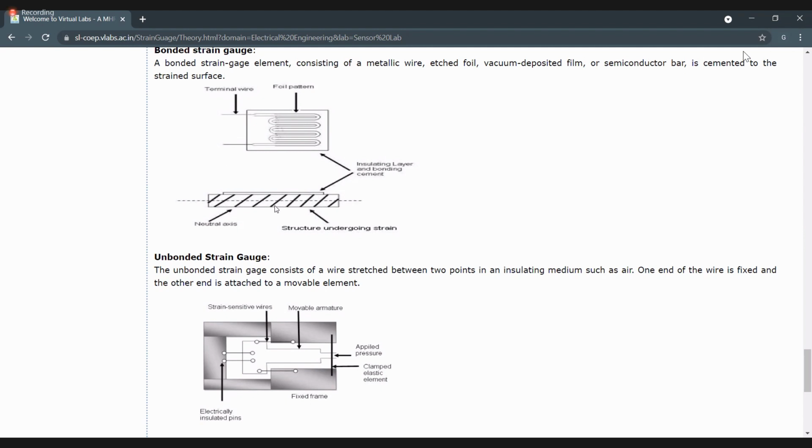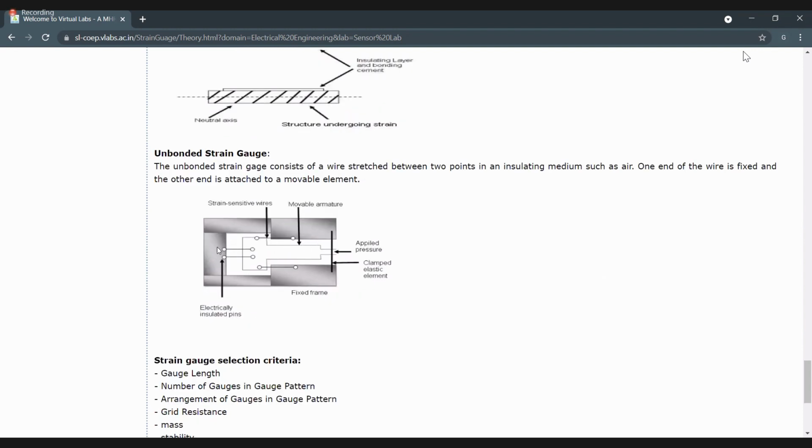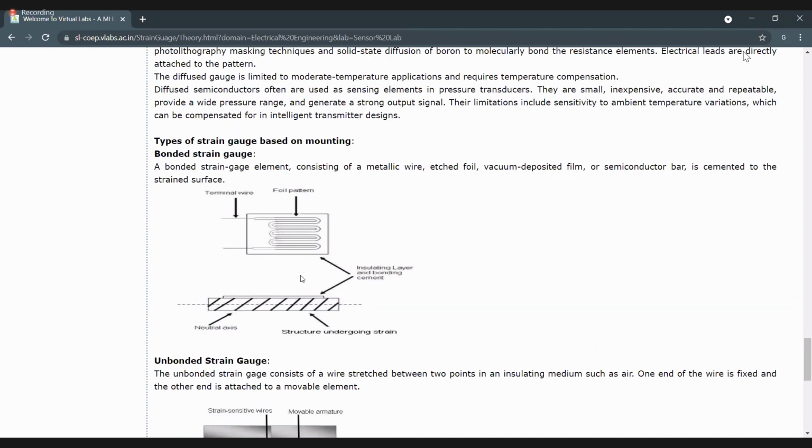So if you observe here, this is metallic wire in zigzag shape, and that is completely attached to the strained surface. In the bonded strain gauge, we have two figures, right? One is the top view, the other one is the front view.